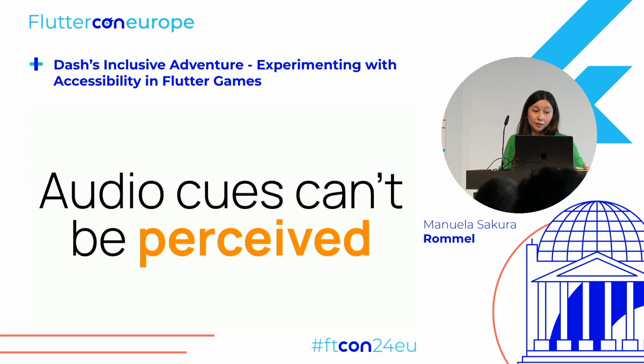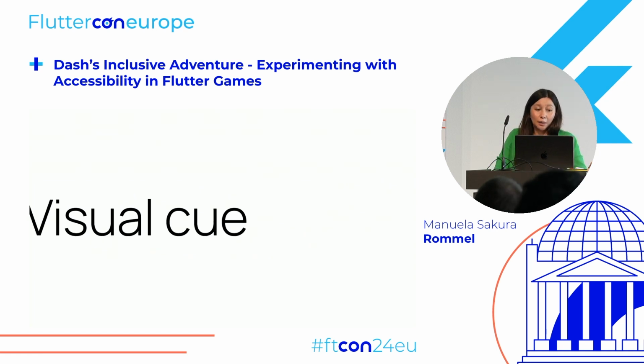The next thing is audio cues can't be perceived. So somebody who might be hard of hearing. Then we can basically give a visual cue. So a good idea, if you're a game developer, is to play your game on mute and check out, is the game still playable? Because there are some games where basically an attacker says something before they attack and you can't see them before that. And that would be unplayable for someone who cannot hear those cues.